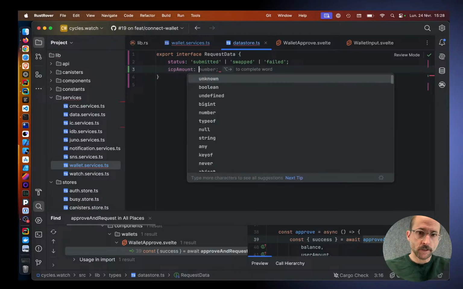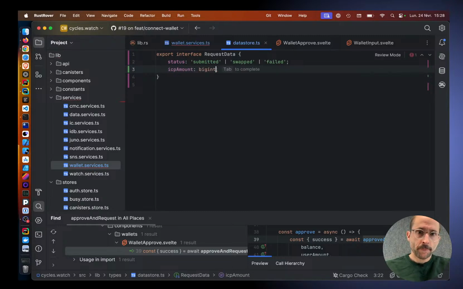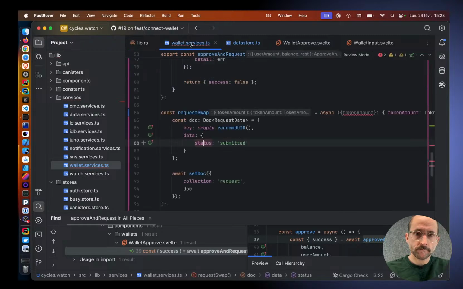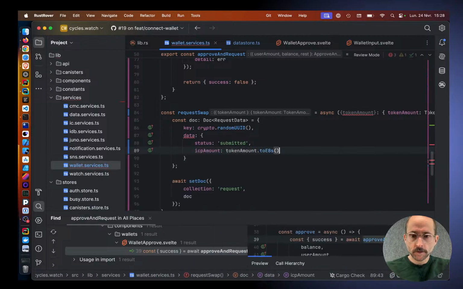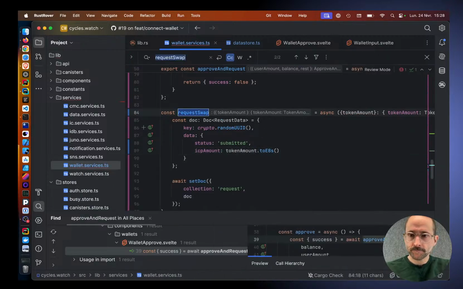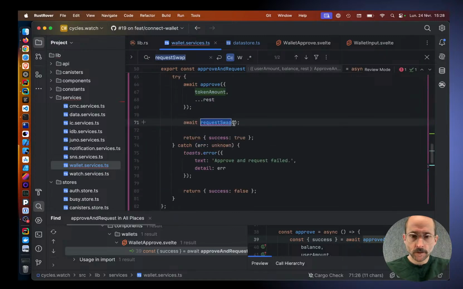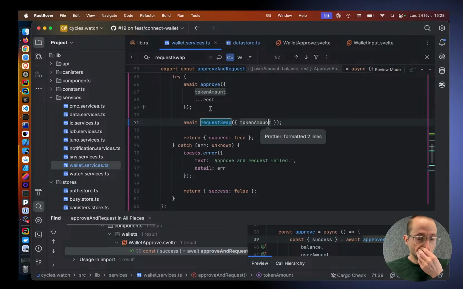I don't have a better idea right now. Okay, and here we set the ICP amount like that, and here we're gonna use the token amount. All right,